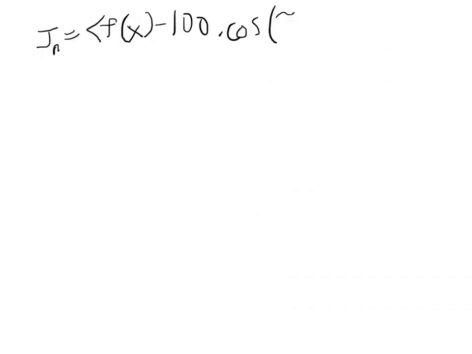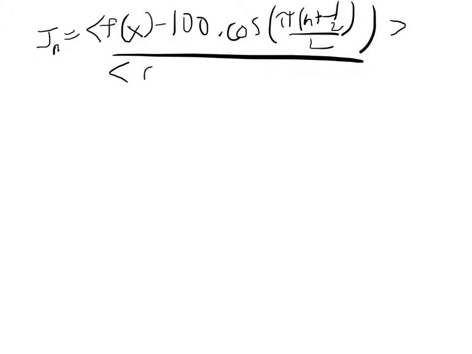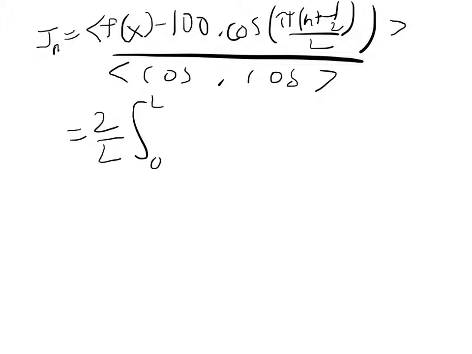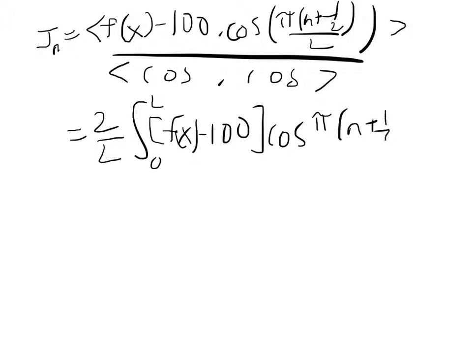Now if we use the definition of the inner product, we know that Jn should equal the inner product of f of x minus 100 with the basis cos of pi (n plus 1/2) x over L, and that whole thing divided by the inner product of the cos with the cos. However, we can do some simplification here. As it is, the denominator turns into 2 over L, and we're multiplying that by the integral of the top, which is from 0 to L, f of x minus 100 times the cosine of pi (n plus 1/2) x over L